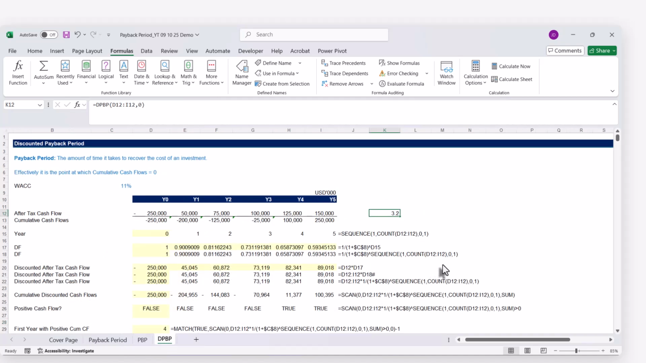So this is how we can create our own payback period function, and just have to go to a bit of trouble to create the formula for the first time, but thereafter you can just copy and use it easily. So hope this was useful,